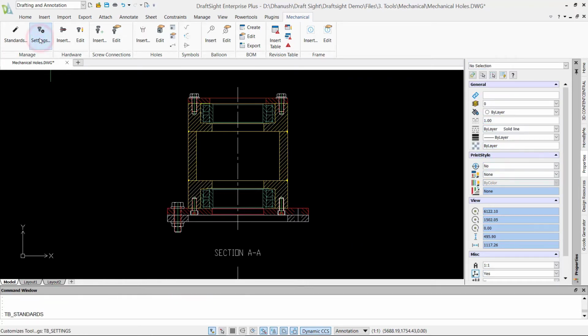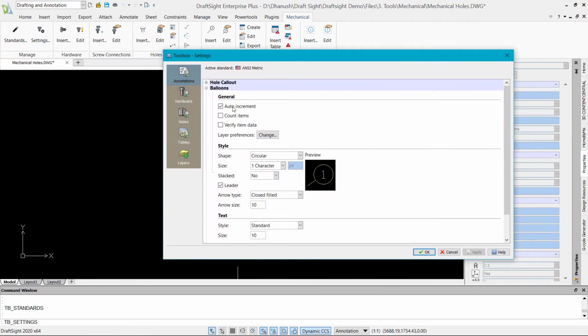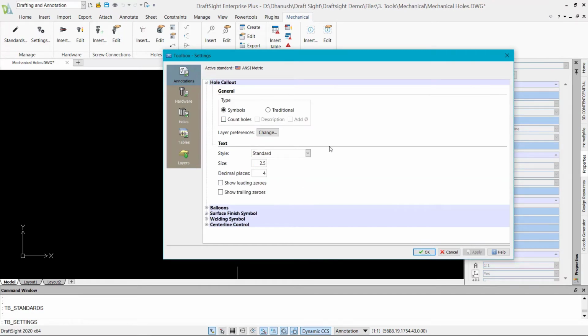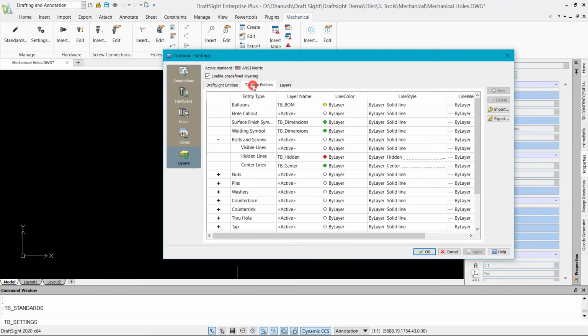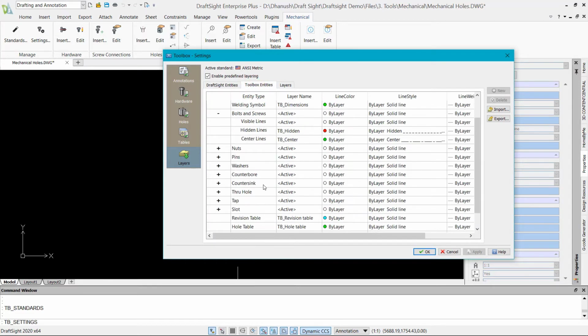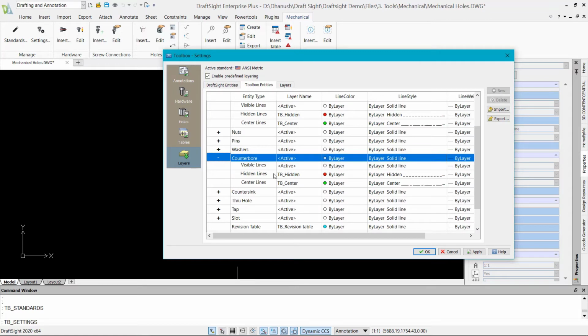Insert standard hardware into your drawing in a number of 2D views by choosing from a collection of bolts, screws, nuts, pins, and washers. Predefined layers. Using the toolbox, you can set layer properties to specify layers, colors, line styles, and line weights to predefine them in the active document.